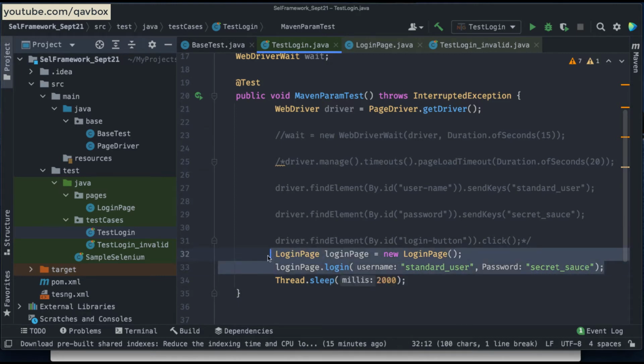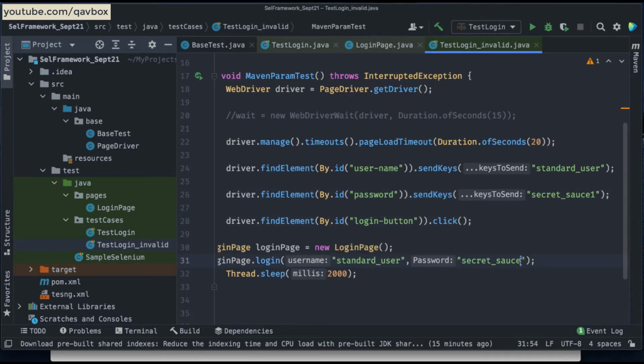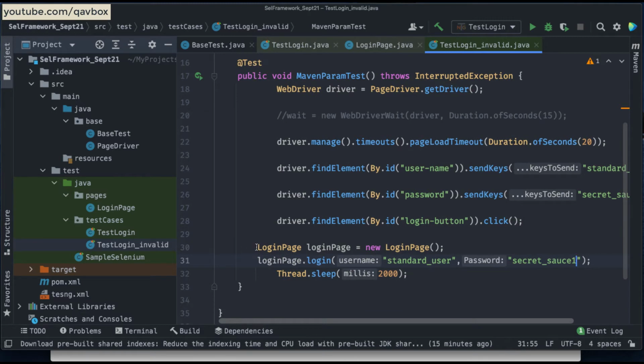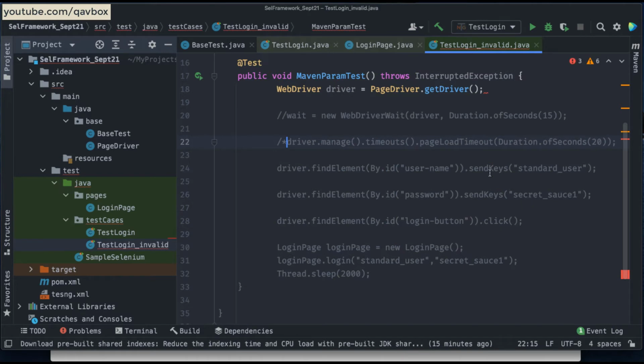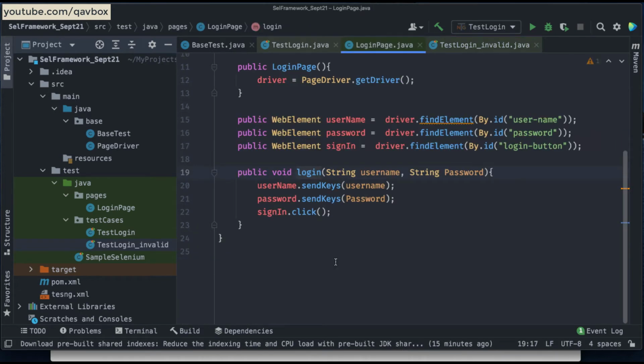Now the same line of code I can take to here, and instead of a valid login, I can just take an invalid login or invalid password, and all these things I can comment. Now you can see I have written this login method only once in this login page, but I'm using it in multiple test cases. Now any problem to this login method, I can go to this implementation and change username to user email, password to secure text, anything that your developers are changing. So that is the benefit of that.